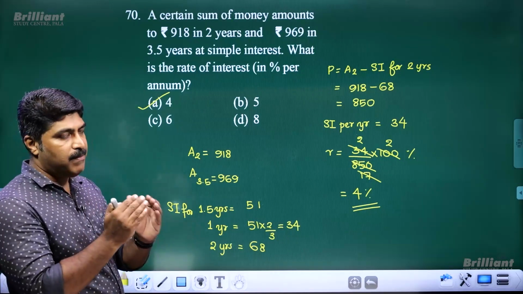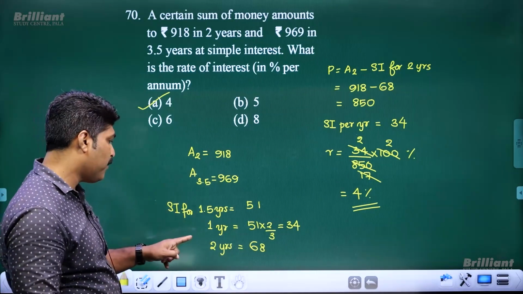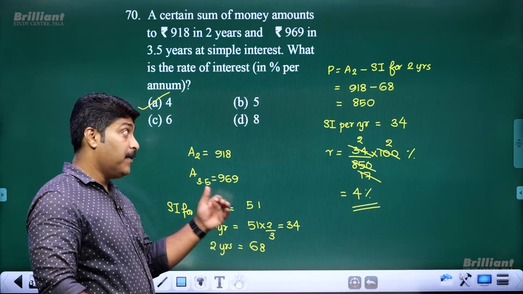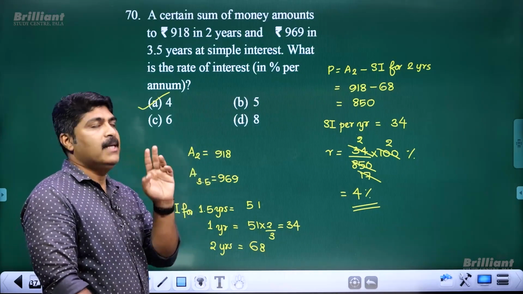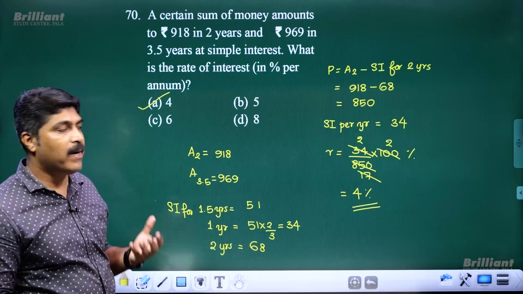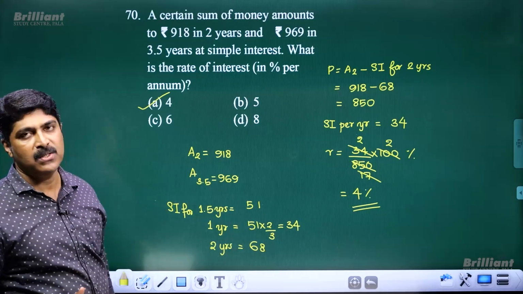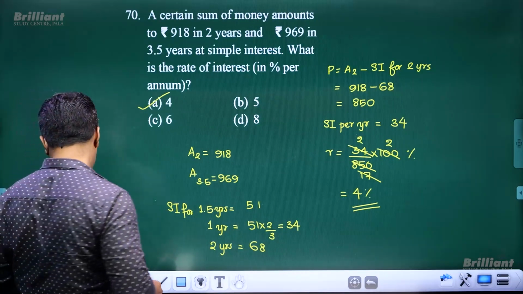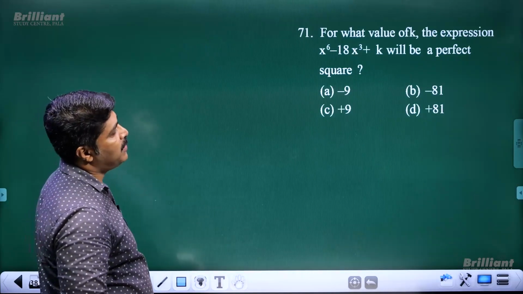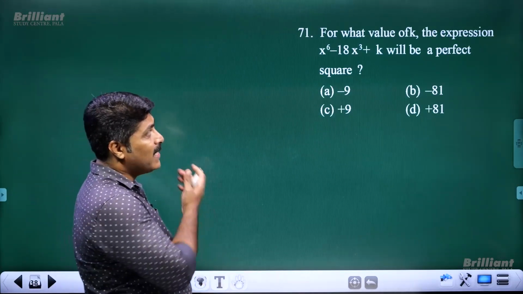So understand the step-by-step operation here. First you have to find out the simple interest for 1 year. Then you have to find the principal amount. These are the major required quantities for finding the rate of interest in such a calculation. Clear? Then moving further, for what value of k the expression x raised to 6 minus 18x cube plus k